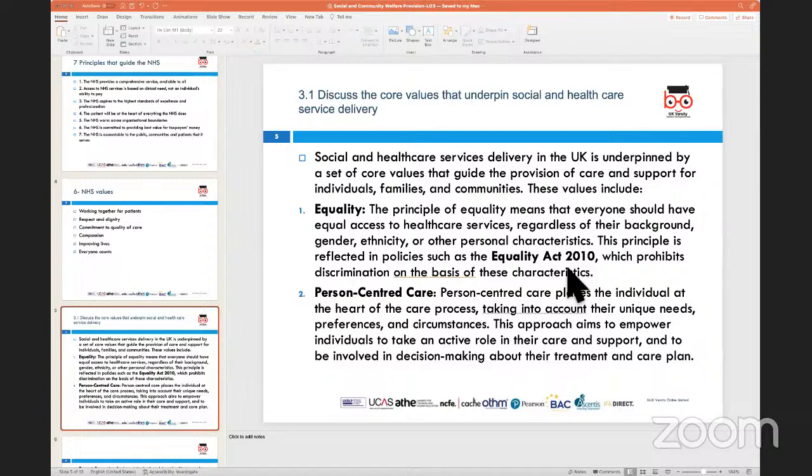And that would help a healthcare worker who is working to provide care to the patient to adhere to two of the NHS principles and the core value that